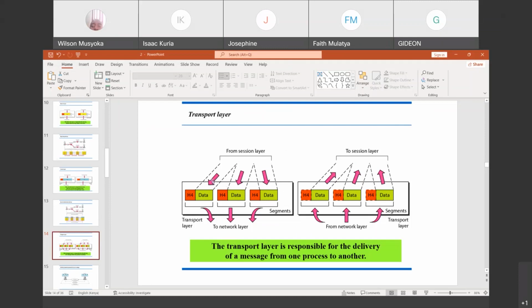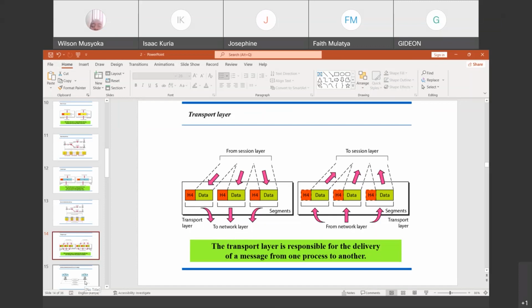So when this data is received from the session layer, what happens? The TCP protocol is attached so that when the packet reaches the destination and it has been seen to be interpreted for a connection orientation, then that connection orientation is established, so that the WebEx application on this machine can communicate with the WebEx application on the recipient machines, which are for you as the students.